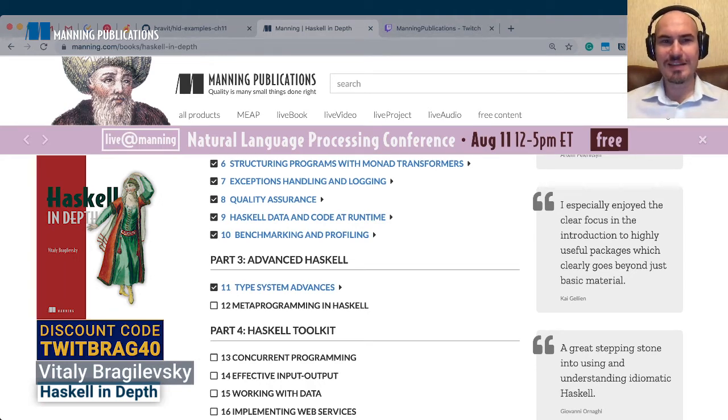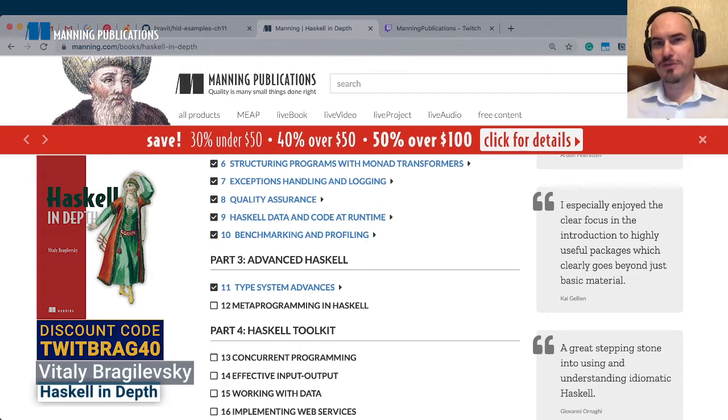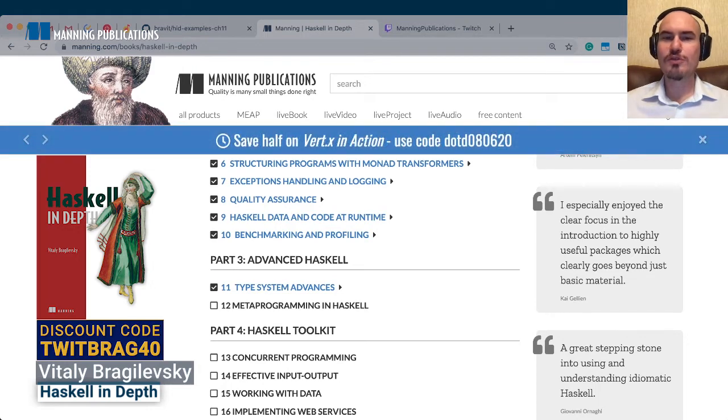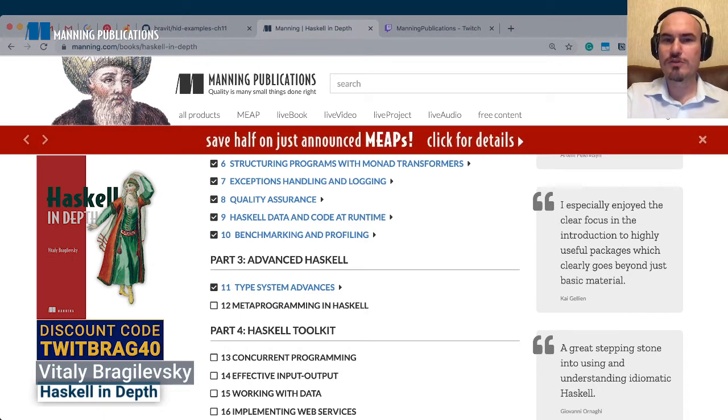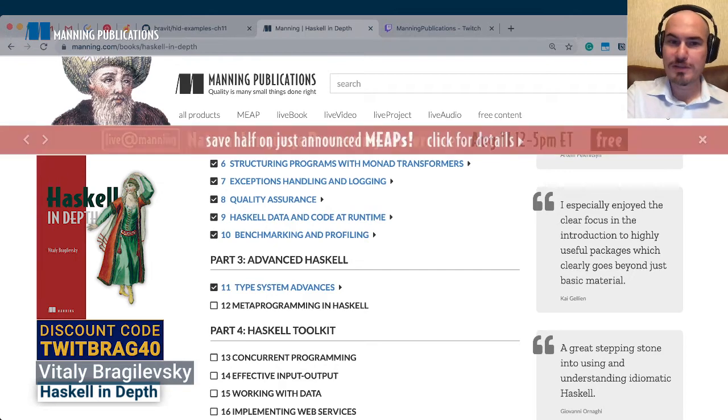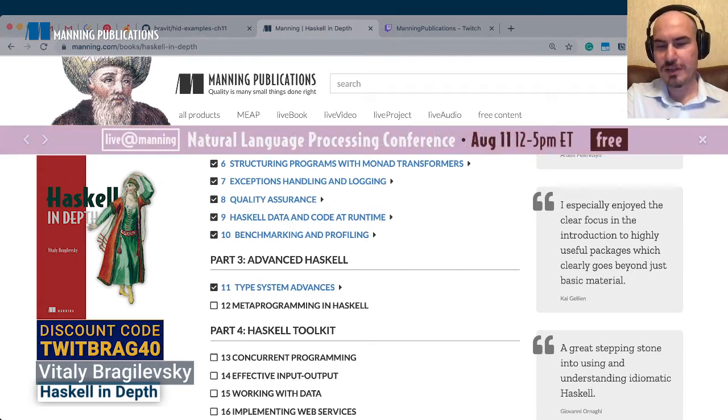And the reason is that I have too much content for one chapter, so I decided to split it into two parts. The first part is which tools do we have in Haskell to do type level programming, to work with types. And this will be the material of this stream, the material of chapter 11.